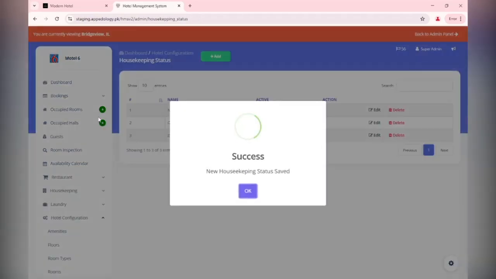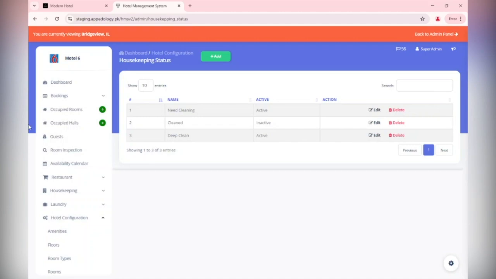Then save this. So when the guests are traveling and they want the room to be cleaned, they can select the need cleaning button, and when your staff has cleaned the room, they can also